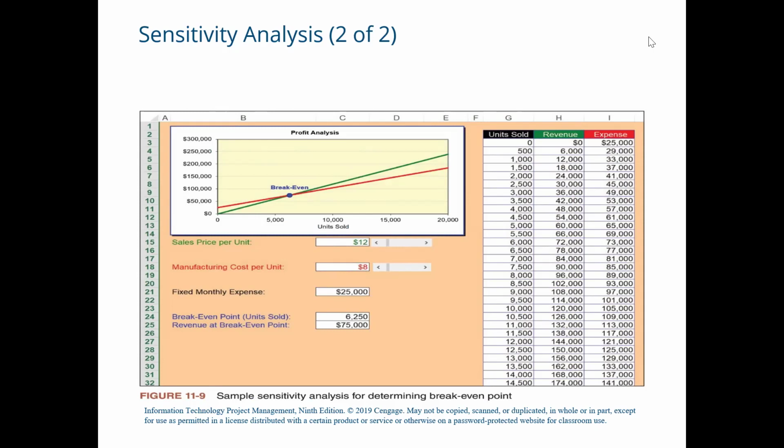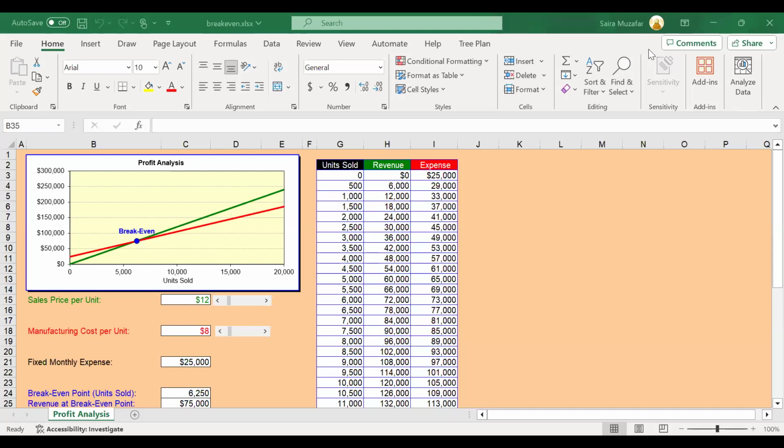Let me show you now the Excel sheet for this break-even example. This is the same example which we saw in the slides, and you see we have three inputs: sales price per unit, manufacturing cost per unit, and fixed monthly expense. So if we change the values of the inputs, we can see the break-even. For the current values, sales per unit is $12, manufacturing cost per unit is $8, and our fixed monthly expense is $2,500. So for this, the break-even point is 6,250 units, which is